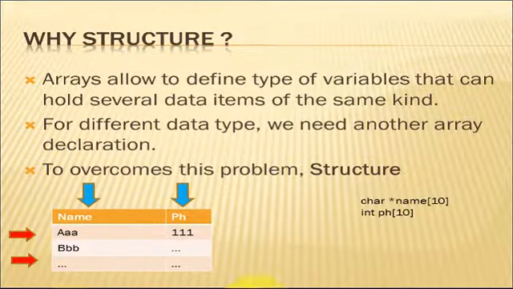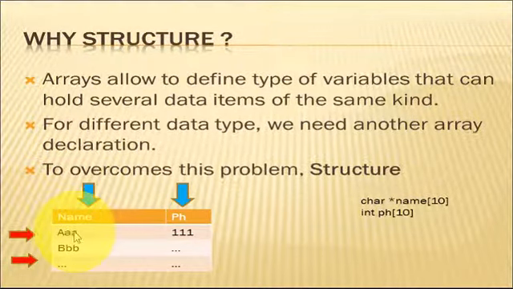Here you can see, in the blue color arrow, using an array we can collect all the names of the students, and using an array we can collect all the phone numbers of the students. But we can't collect the name of one particular student and their phone number together. So if we go for the array, it's a problem. To overcome this problem, we can go for the structure. That means using a structure, shown in the red arrow here, we can collect an individual student's name and phone number at the same time.